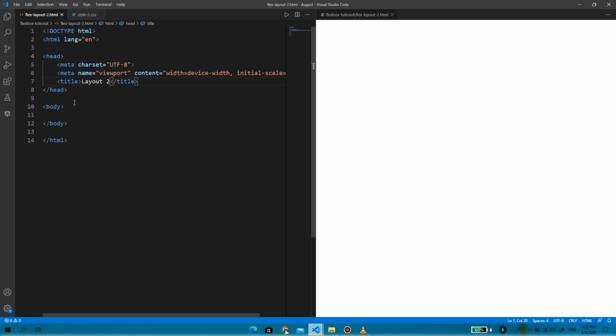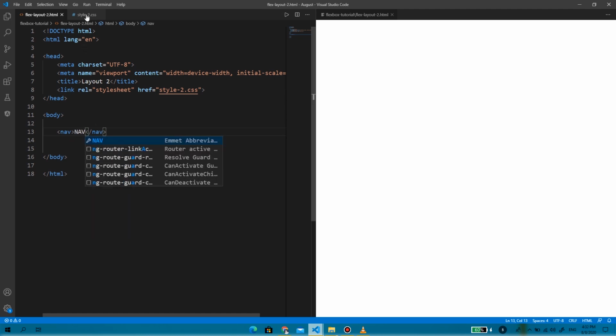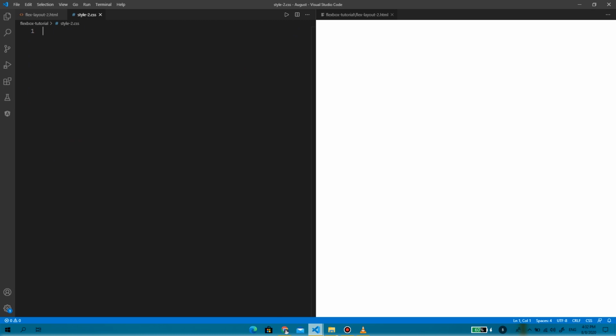Layout 2, title, then we'll link our CSS, then we will create a nav. We'll write our CSS box sizing, border box. Then we'll set the property for body,